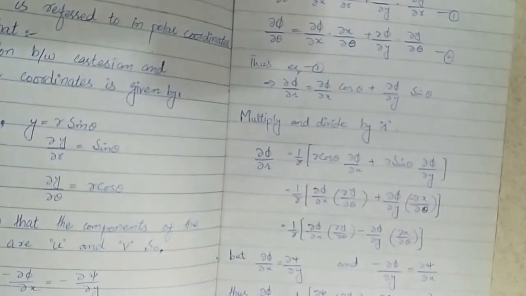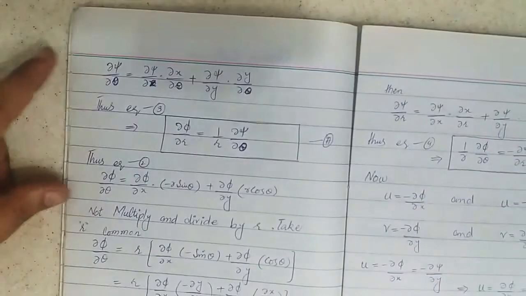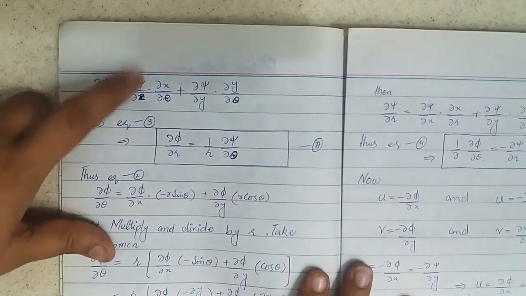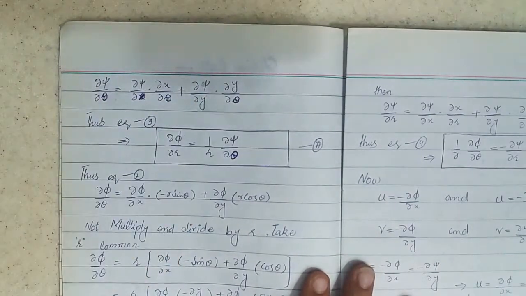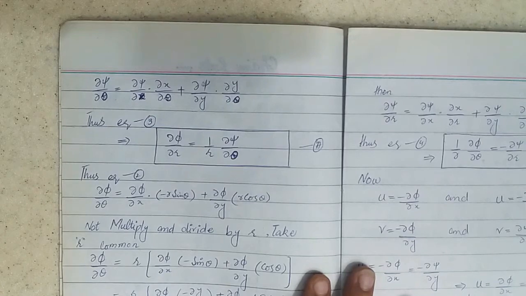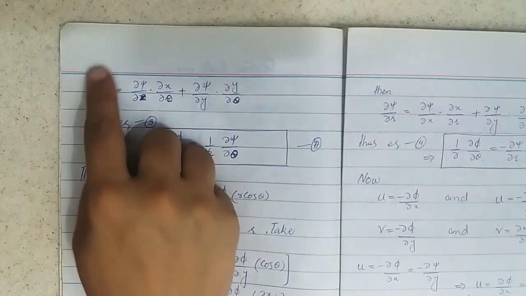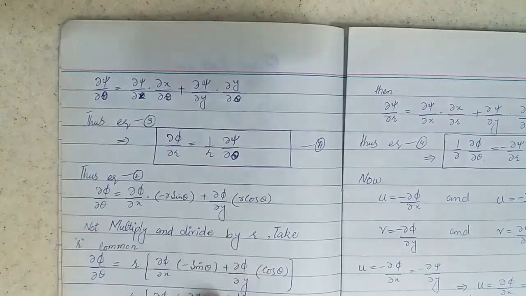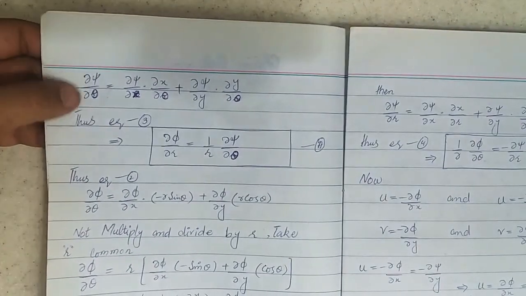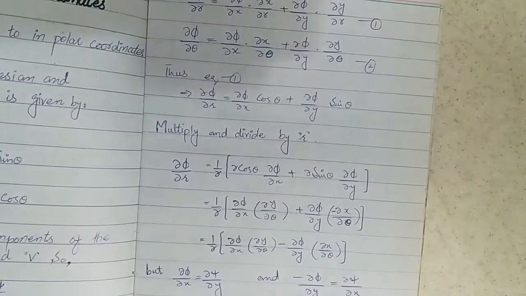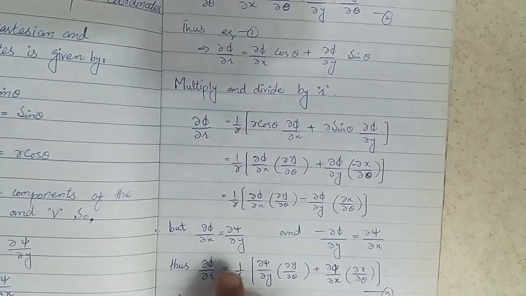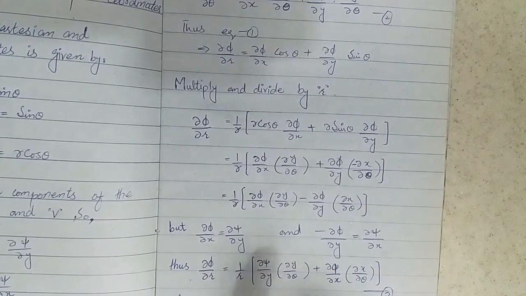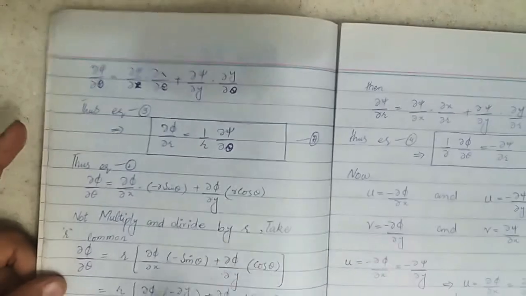And we will take partial psi by partial r, and r is in both x and y. So partial psi by partial theta is partial psi by partial x and further x with respect to theta. Similarly, partial psi by partial y and y is further a function of theta. So we will put this complete formula into partial psi by partial theta. So this equation 3 is the partial psi by partial theta value. So our equation will become partial phi by partial r is equal to 1 over r partial psi by partial theta. That is equation A.